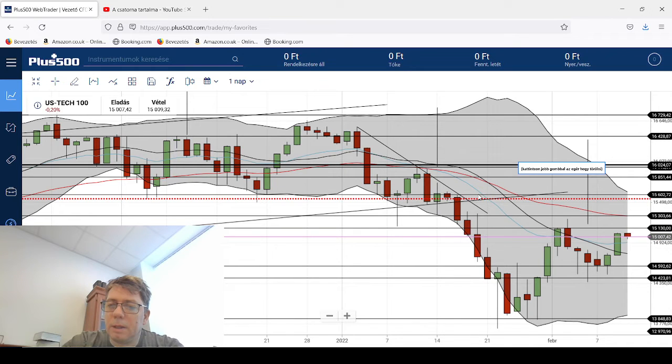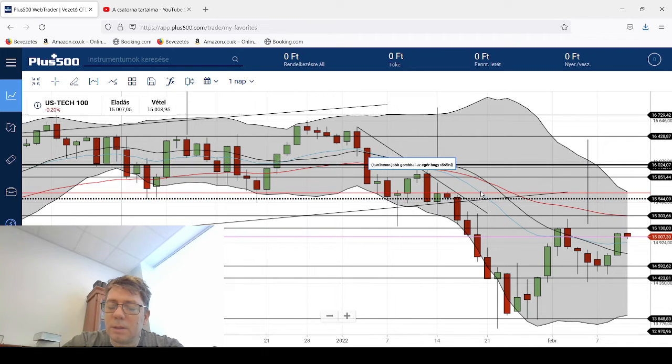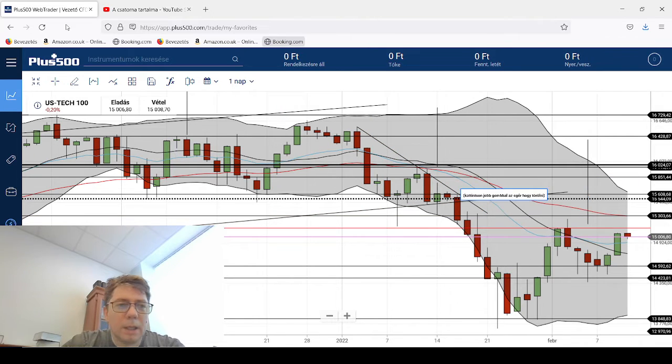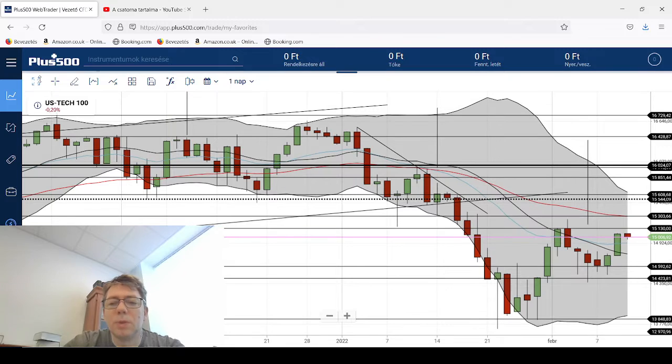If so, then 15,600 is going to be my price target. But then of course I would say that we are going to go back to this area, probably to the previous top area. Okay, let's go over to